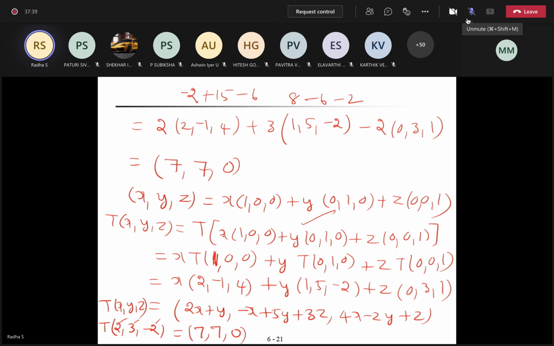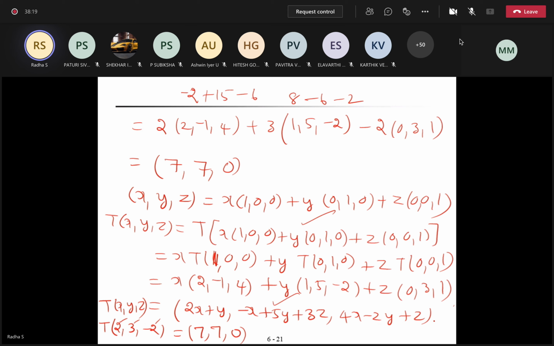What I have done is, I'm using the linearity property, taking out this x. So x times T of 1, 0, 0 plus y into, here x, y, z are constants, they are arbitrary constants. Any value can be assumed from R. That type of constant, it's not a vector. Right? So we know the T of 1, 0, 0 value that I'm substituting. T of 0, 1, 0 I'm substituting. Everything I'm substituting. Then you said correctly 2x plus y. Somebody said right. Who was that? Yes, ma'am, Hitesh. Yes, you are right. 2x plus y. This is the way.